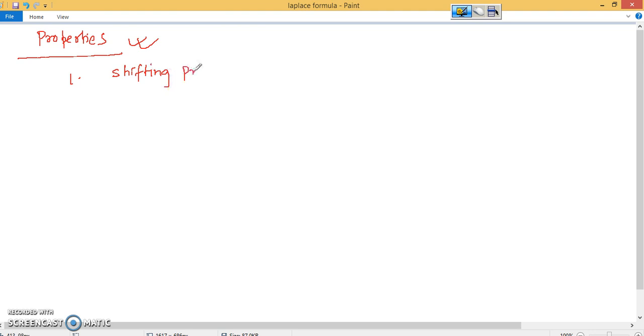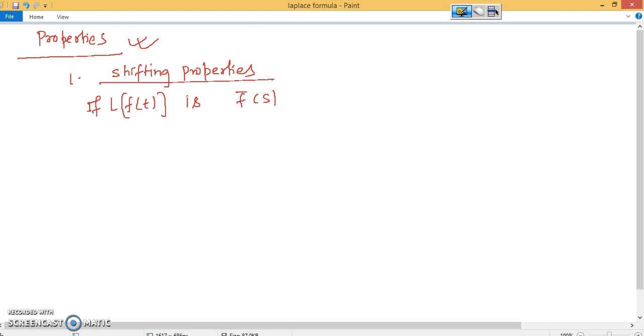Shifting properties. This property is nothing but: consider f of t, if the Laplace of f of t is F bar of s, which means if L of f of t is given and that Laplace you already know, that value is F bar of s,